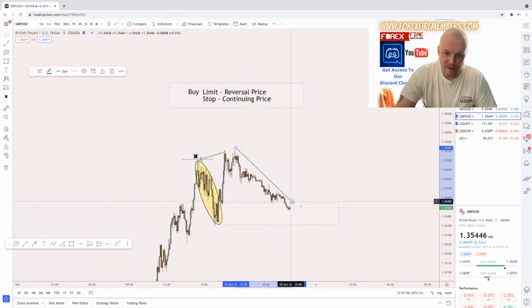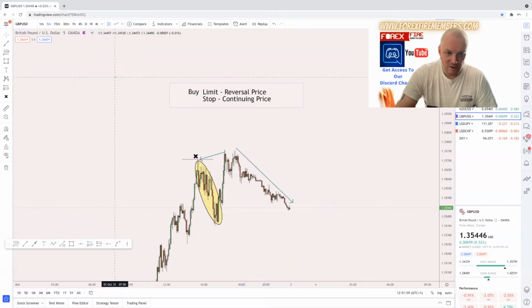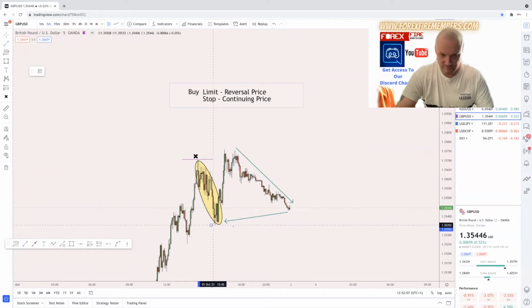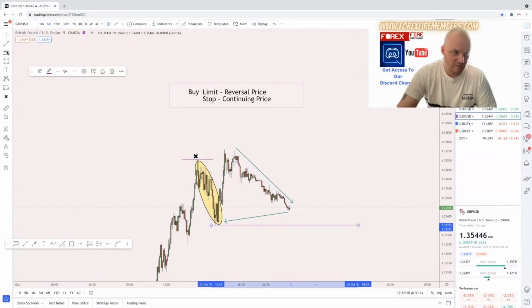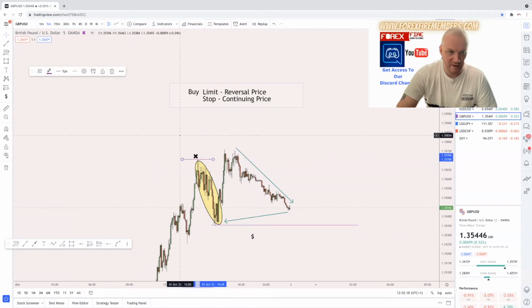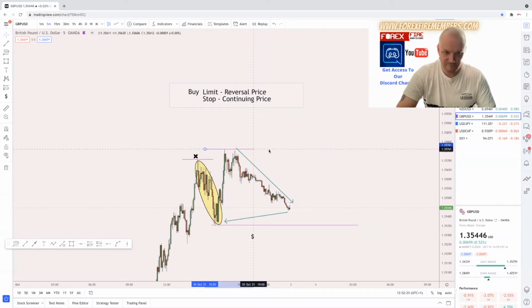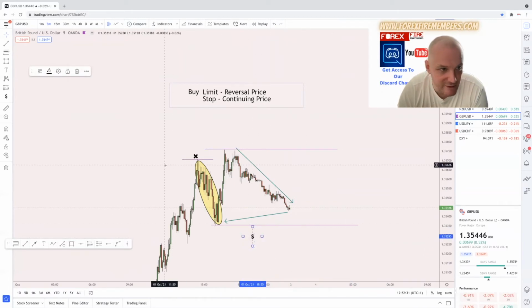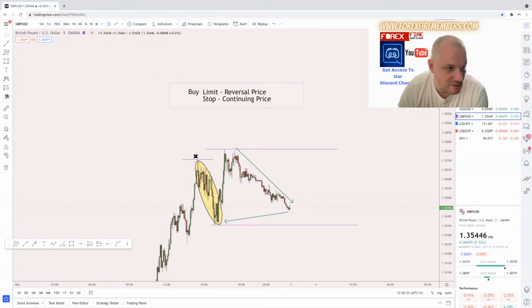If price was to come down, let's say a break of structure of here, because we have liquidity here as well, a range on the top as well, and price came down and broke structure of this, clearing out all of that,